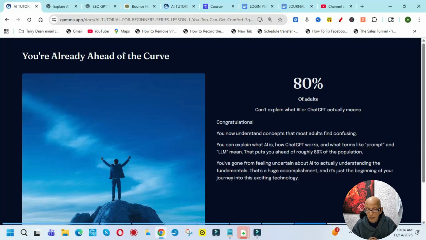And ChatGPT is the librarian that you speak to and that goes and gets the information inside the brain. Congratulations. You're ahead of most of the other people, 80% of the people. Now you can explain it your own way using the library analogy, AI being the brain, the library, and ChatGPT being the librarian.